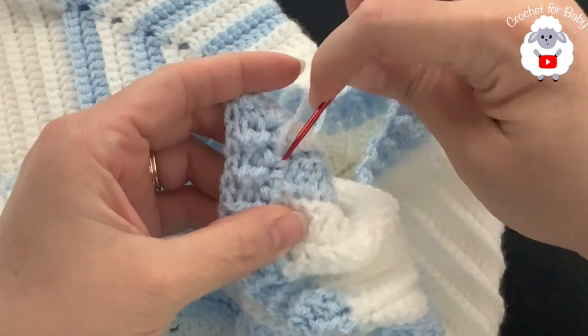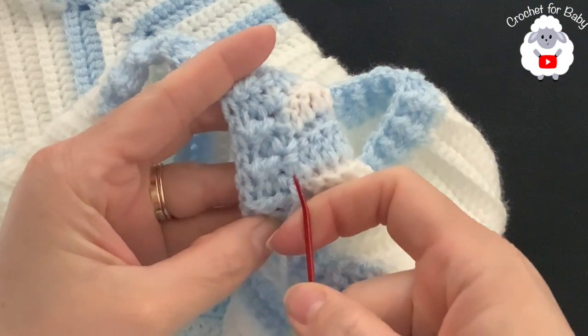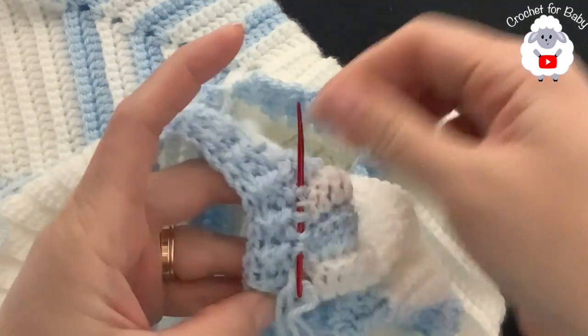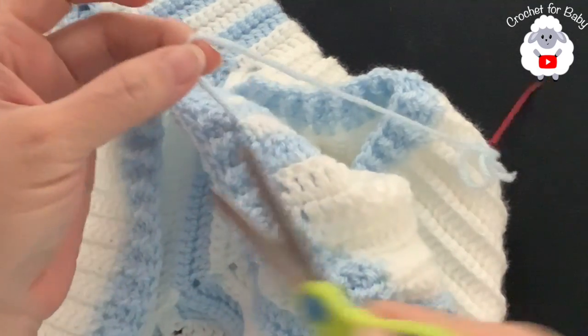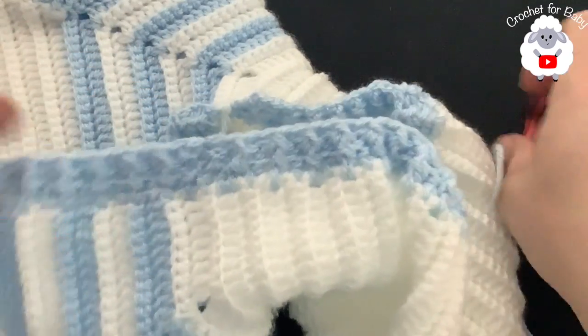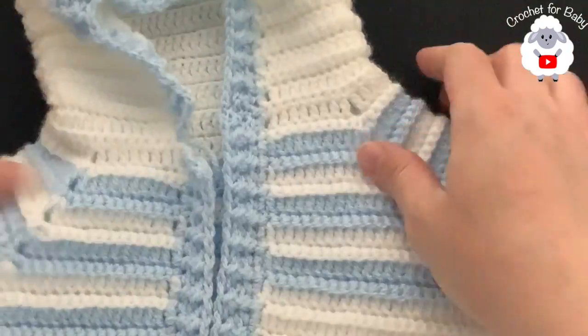And then go up a couple stitches and then go down a couple stitches. That's how I hide my ends here, by the way. So just cut your yarn here, and this part here is done. That's how it looks. Now you're going to do the same thing here for this side, and that's how it